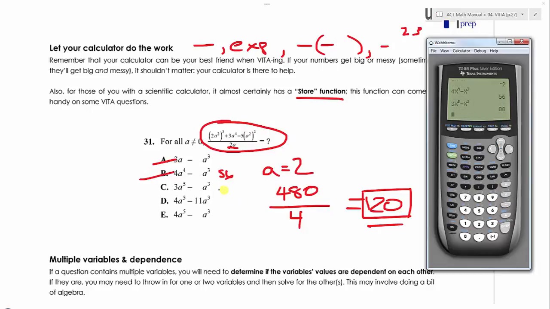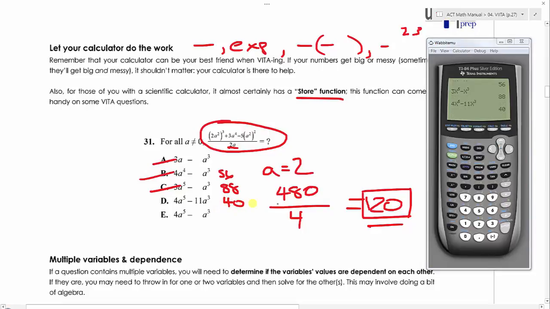So that guy equals 88. So we are getting larger, but we're not quite there yet. Then we have 4x to the 5th minus 11x. Okay, I did it again. Definitely one of the dangers of these calculators. Minus 11x to the 3rd, that guy is going to equal 40, and then answer choice E is